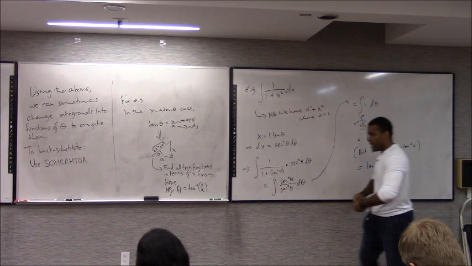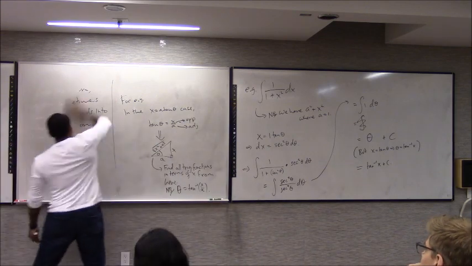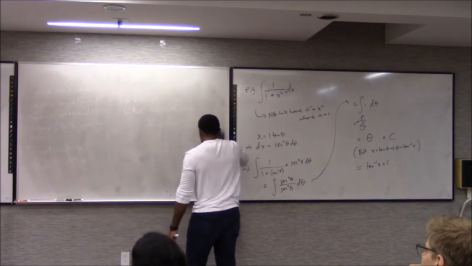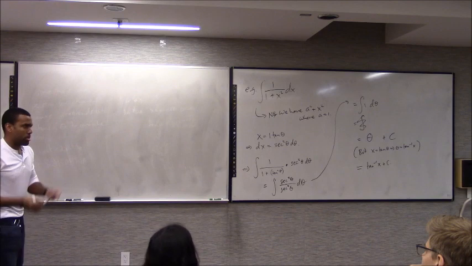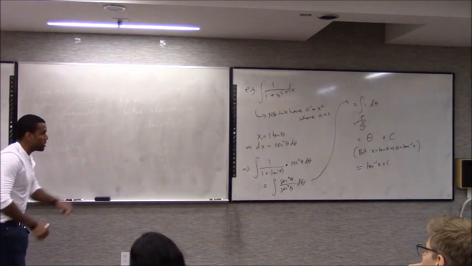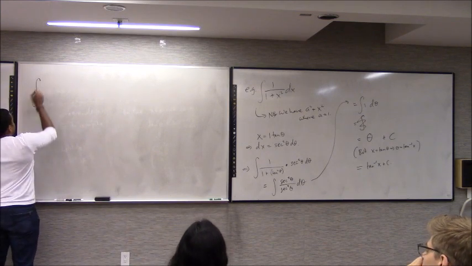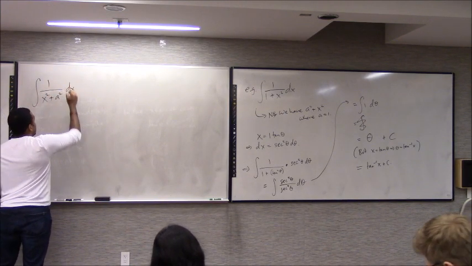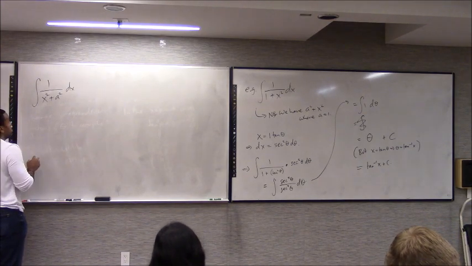In fact, you can derive a formula in general here. So let's actually just do that. It's very similar. I'm going to go through this very quickly because I just went through that one, and this isn't a complicated example in general. If you have the integral of 1 over x squared plus a squared, in general, so that doesn't have to be a 1, what you would do is